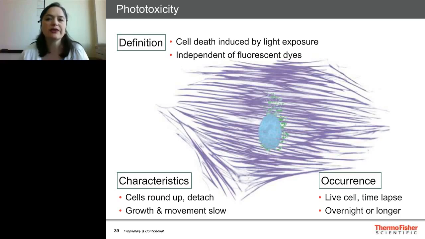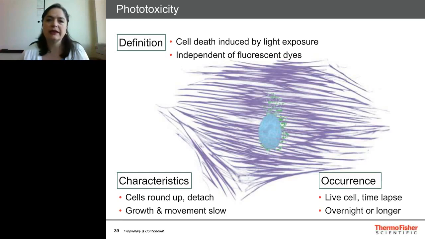And the things you should watch out for when you're doing your live cell imaging experiment are seeing cells round up and detach, float off of the culturing vessel. If you're used to watching them move and grow, and that movement and growth slows. And where you tend to see these problems is when you're doing live cells, when you're doing time lapses that are over long periods of time. So what can you do